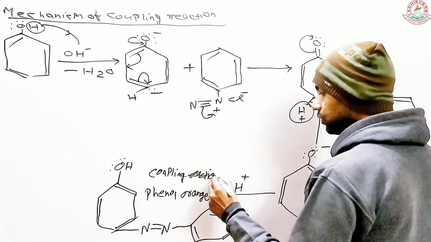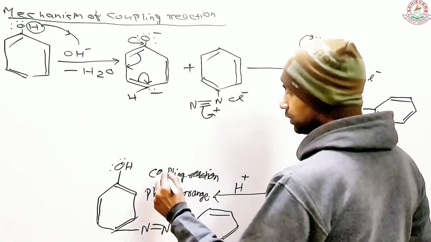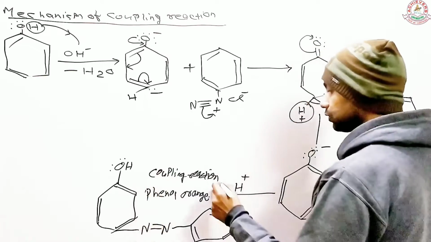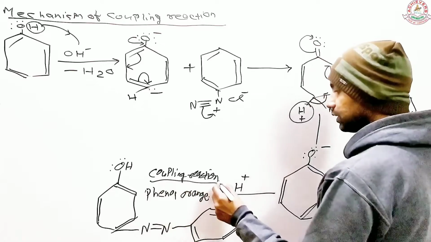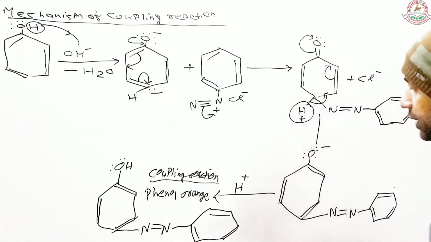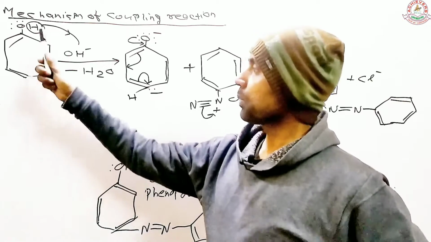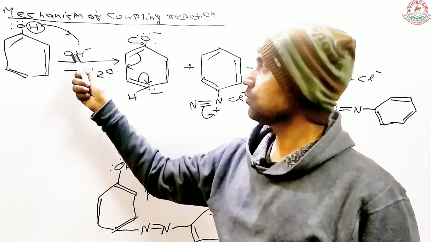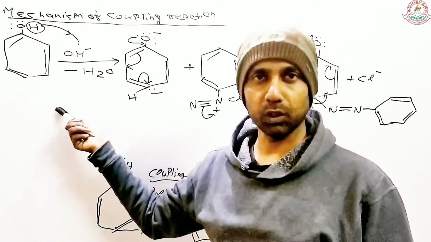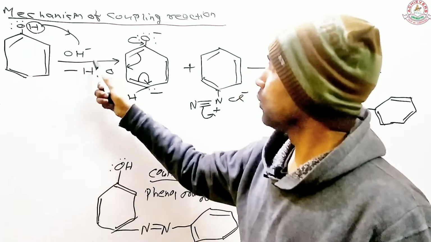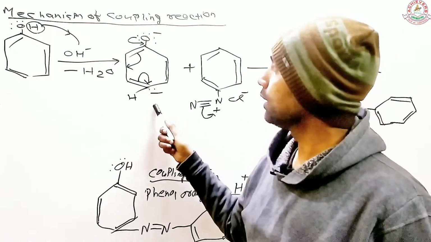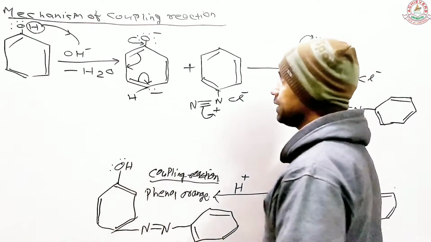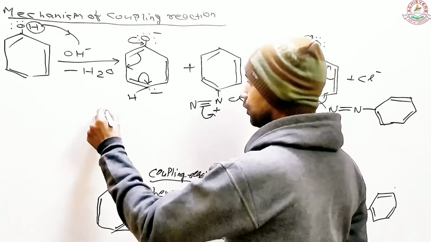So I hope I made you go through exactly what I wanted to say, this mechanism, and this was not just easy but also interesting. Let me repeat the situation we have here. We started our reaction with phenol. Phenol has one acidic proton which reacts with the OH, and it results in the formation of a water molecule. Then the remaining part is nothing but a phenoxide ion. So let me write here what this is. This is your phenoxide ion,